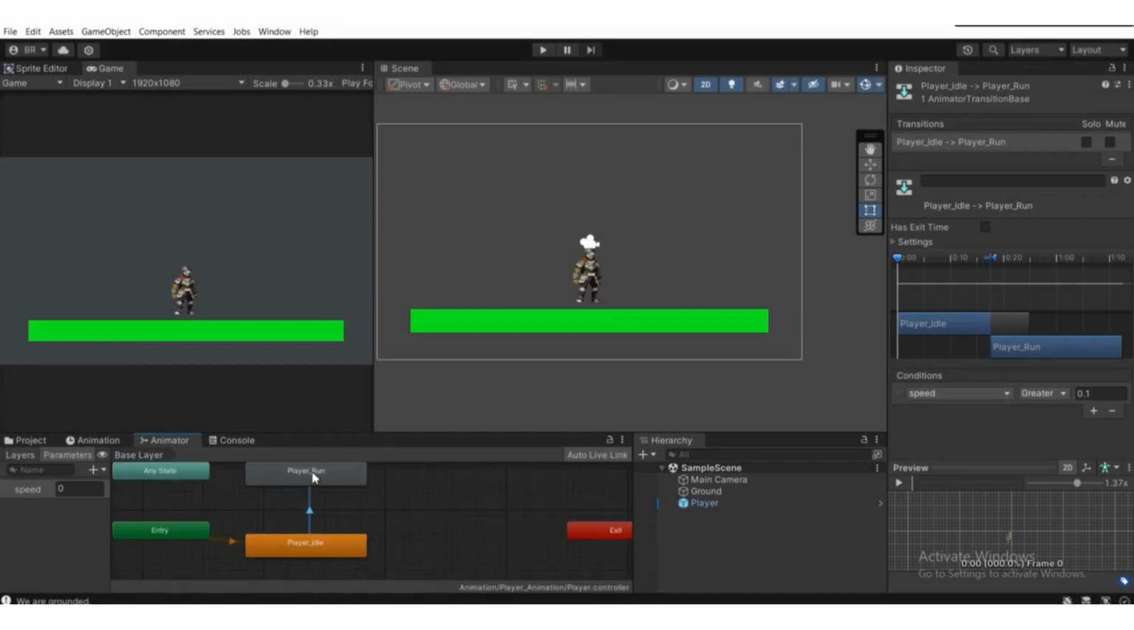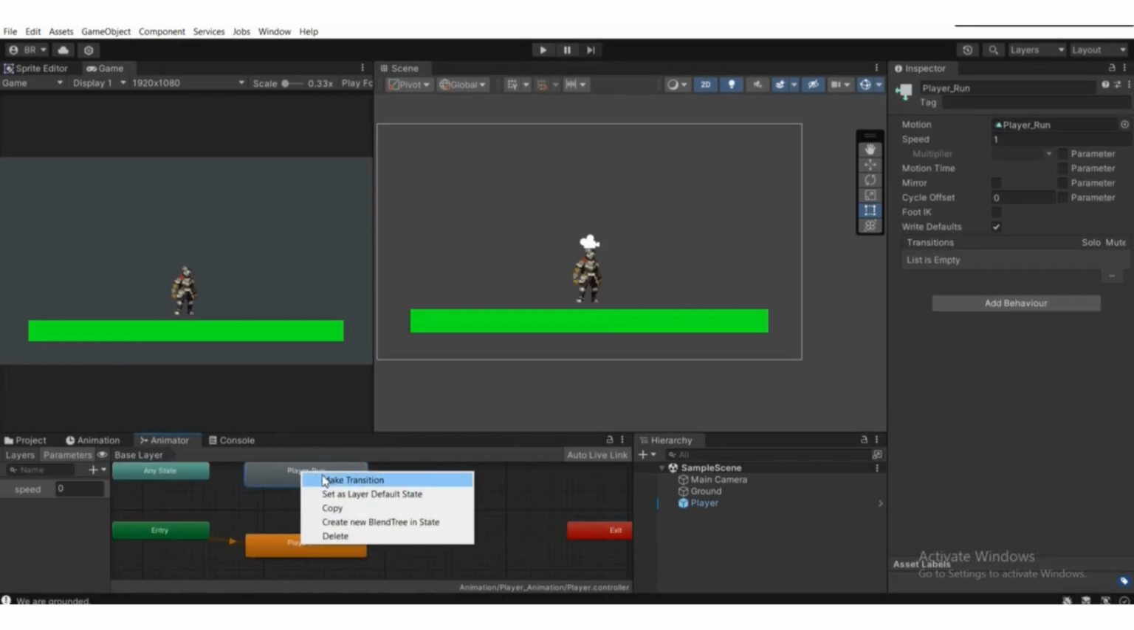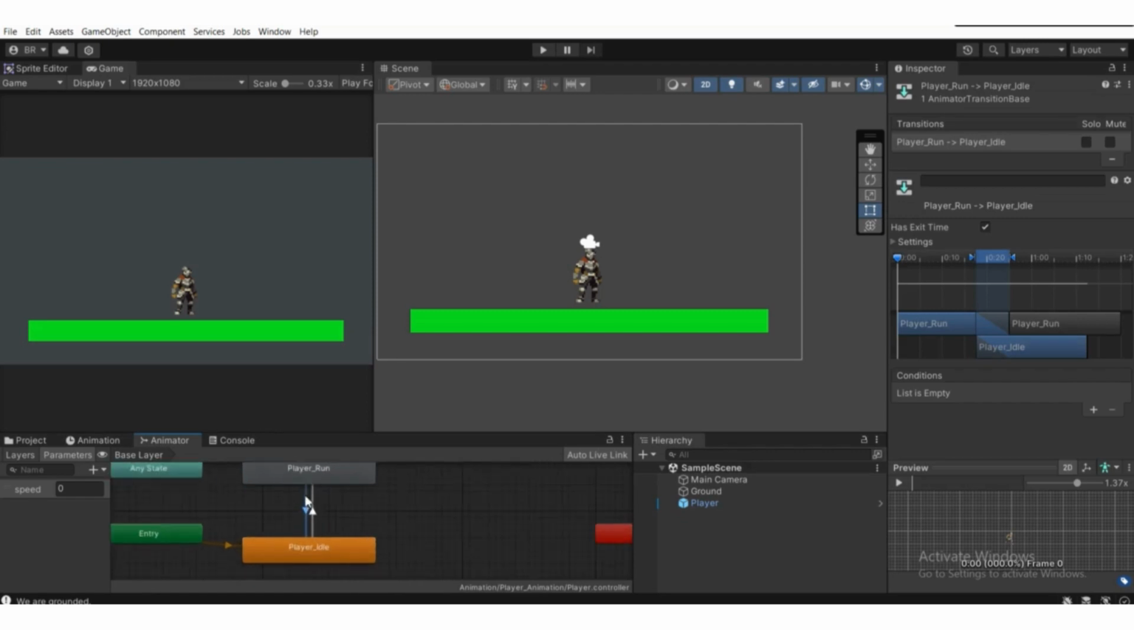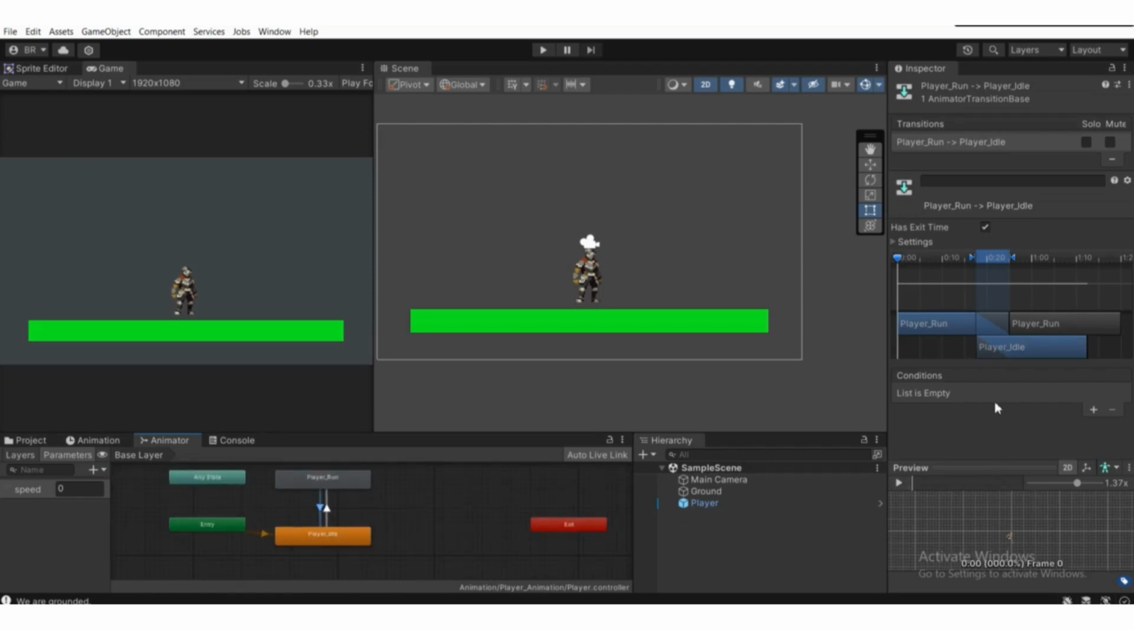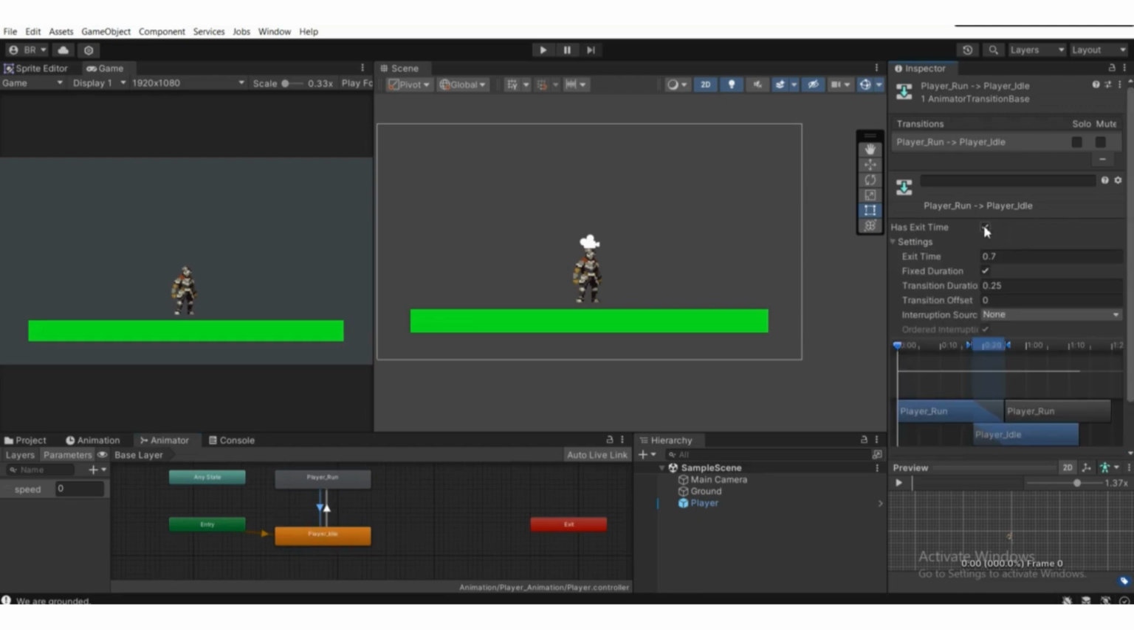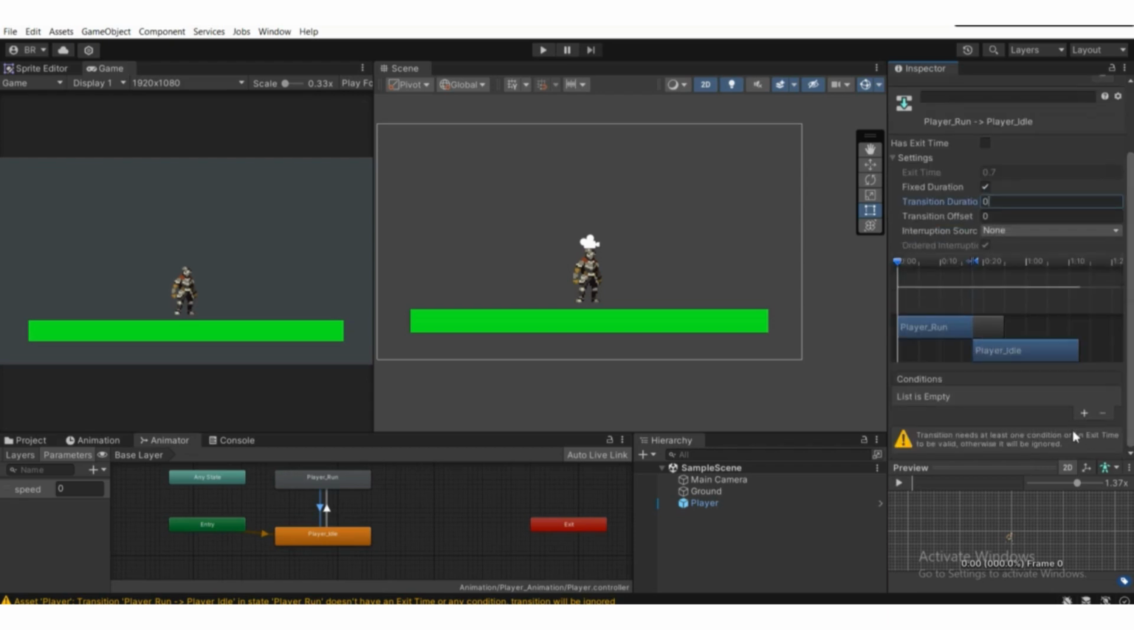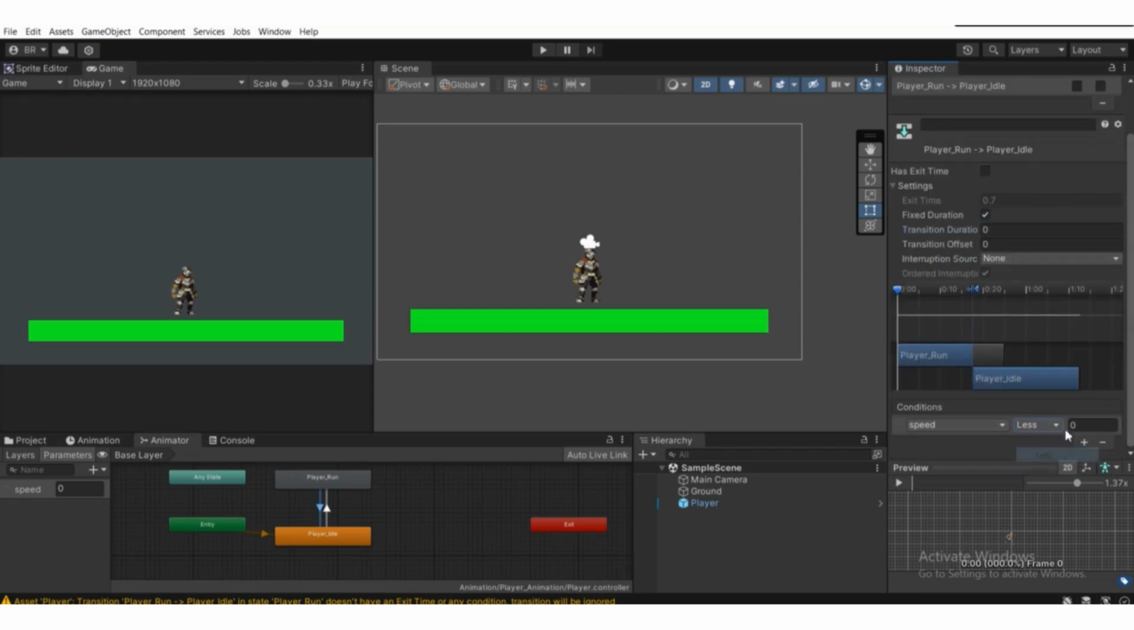So we're going to right click on the player run state and make a transition to player idle. We need to set the condition. If that condition is true, we will go to the player idle state, and untick Has Exit Time. We want to go instantly to the idle state if we are not moving or not pressing the A or D key, and we don't want to wait, so we set the duration to 0. If speed is lesser than 0.1f, like say 0.001 is lesser than 0.01,